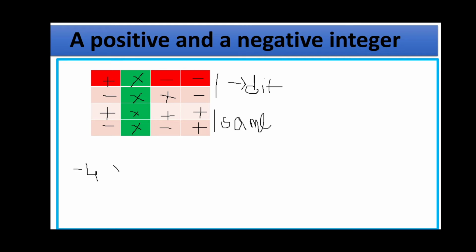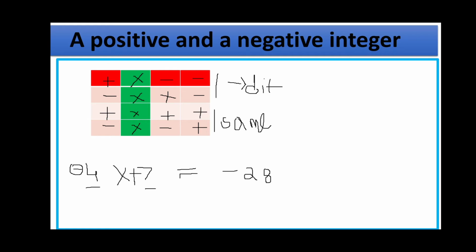Now let us check with one more example. Here I am taking minus 4 into 7, one positive and one negative, as our type. So minus 4 into 7 gives, here one is a positive sign, the other one is a negative sign. So what do we have to do? Minus into plus gives minus. 4 sevens are 28. Always check for the signs first, then the product of the numbers. So 4 into 7 gives 28. So minus 28 is our result.